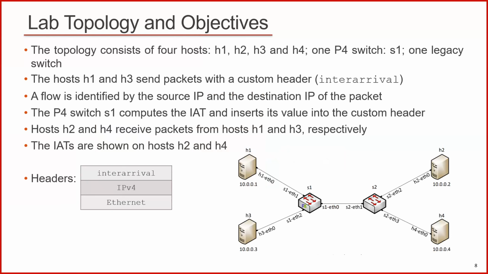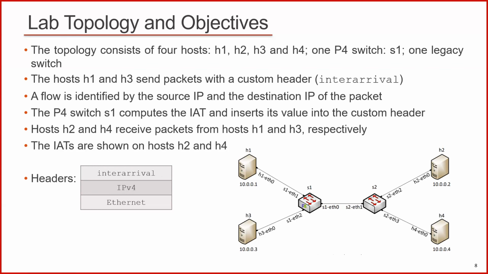Okay, so this is our topology. Our topology consists of 4 hosts, H1, H2, H3, and H4, and the P4 switch. Typically what's going to happen is we will create a custom header. Here, the custom header will be the inter-arrival time. It's going to be on top of IPv4, and this custom header will